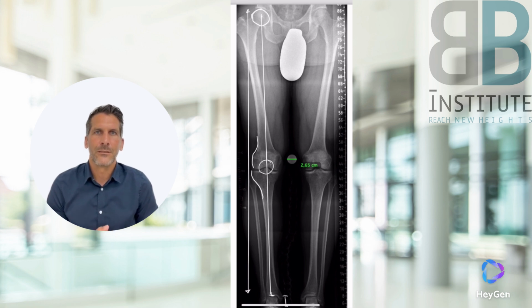If the knee joint is displaced outwards in relation to the leg axis, this is referred to as an O-leg. 15 to 20% of men have an O-leg deviation. If the knee deviates inwards, this is referred to as an X-leg. 10 to 15% of women have a tendency towards an X-leg deviation.